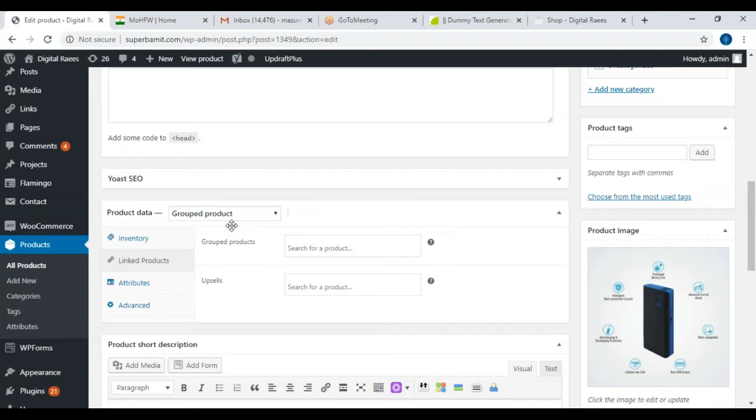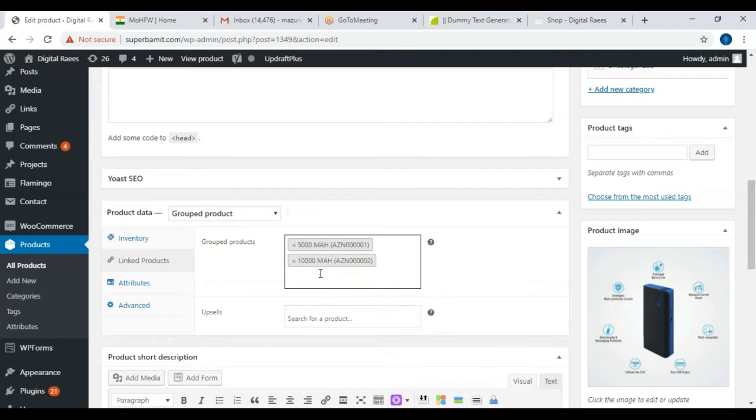I have already created simple products, so you have to remember the name of the simple product you have given. I have taken 5000 mAh. You can see as soon as I type in here, it automatically pops up. So I select this, then 10,000 and 20,000.